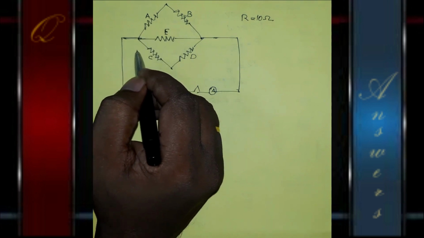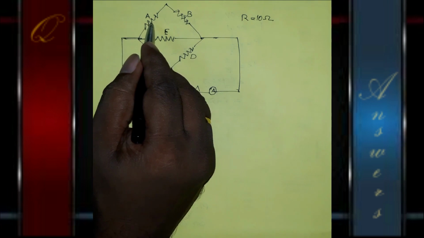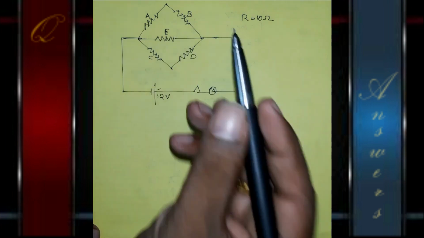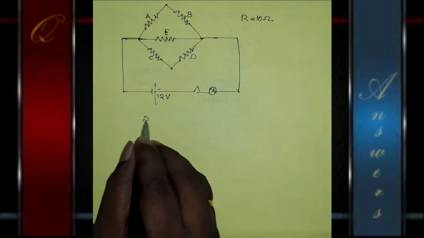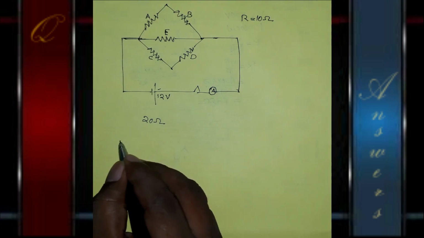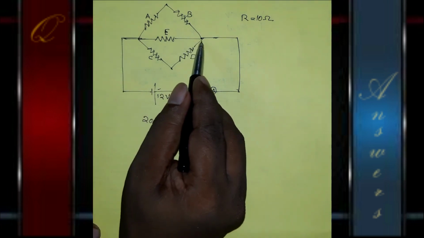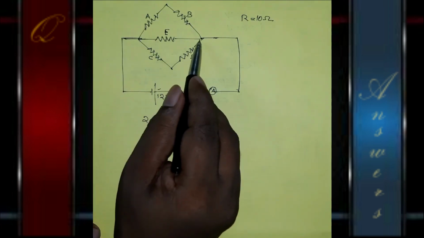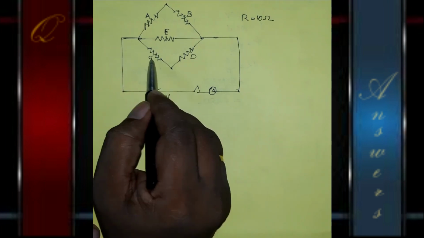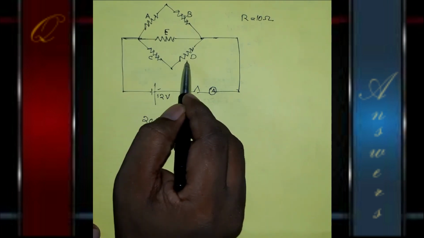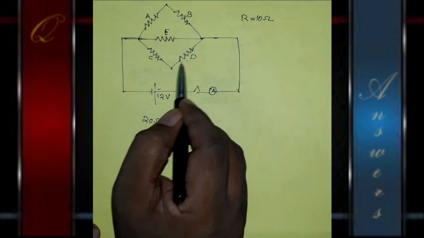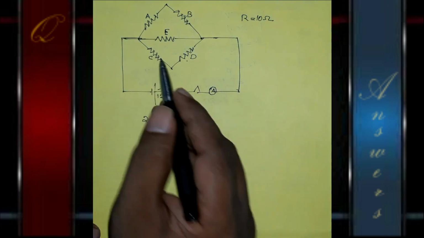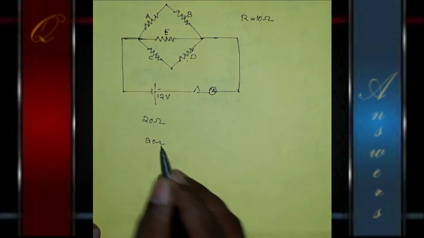What is their equivalent resistance? This is 10 ohm and this is 10 ohm. When they are connected in series, their equivalent resistance is 10 plus 10, which is equal to 20 ohm. 20 ohm is their equivalent resistance. Then the current passing through this D and current passing through this C are the same. Same current will be flowing through D and C. So these two resistors are connected in series. What is their equivalent resistance? This is 10 ohm and this is 10 ohm. Series connection, the equivalent resistance 10 plus 10, which is 20 ohm.